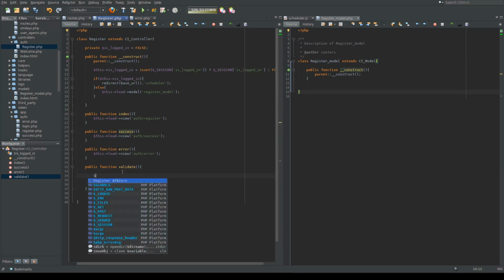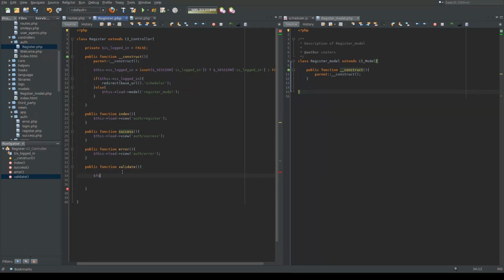We want a full name, so we're not going to grab each individual name, the first name and the surname or last name. We're just going to grab the whole name as one string, and full name is going to equal this input